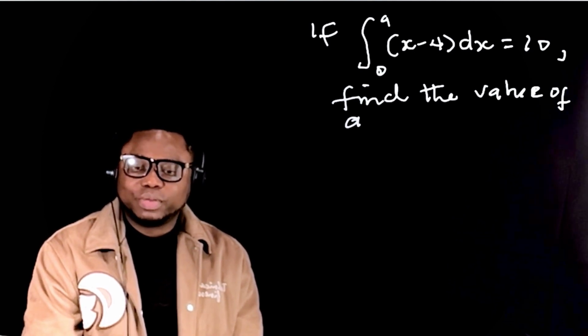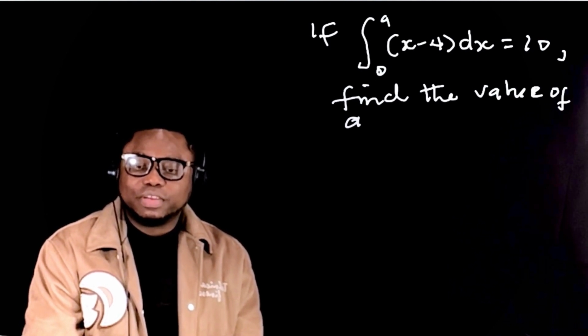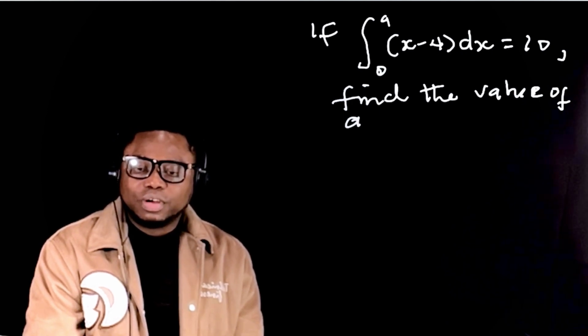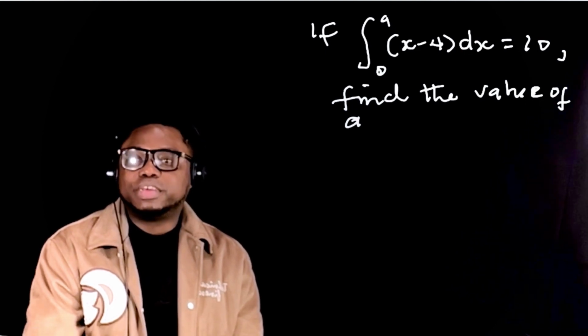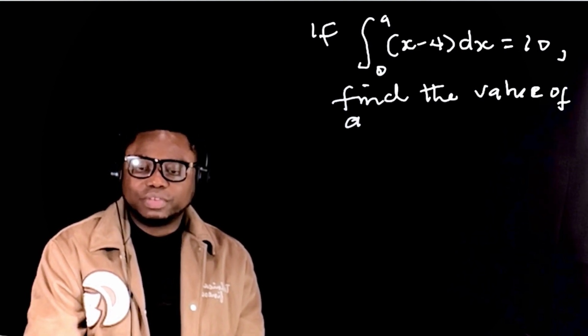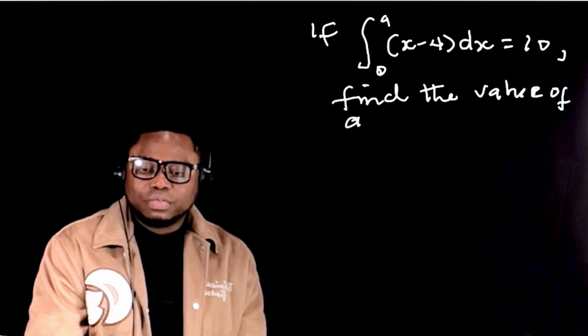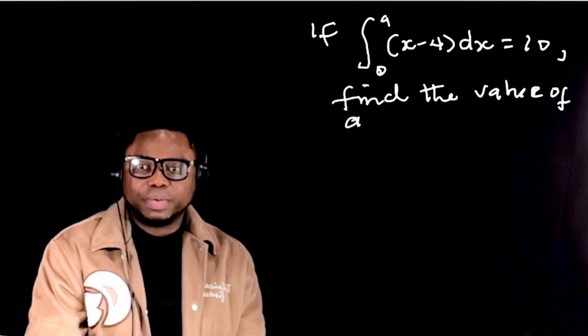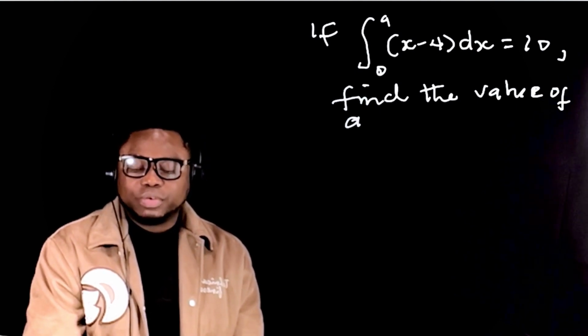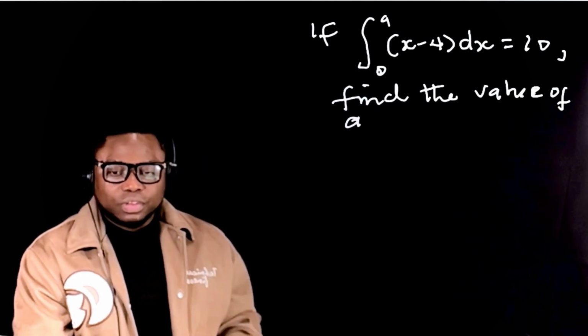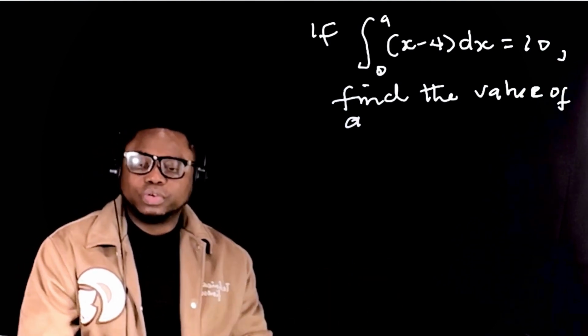Today in mathematics I'm going to be looking at how to solve this kind of definite integral. It is a definite integral because it has both upper and lower limits. Looking at the question here, the upper limit is a and the lower limit is 0. The question requires that I find the value of a, which is the upper limit, and because it's unknown, it's not given. To solve this, the first thing I'm going to do is to